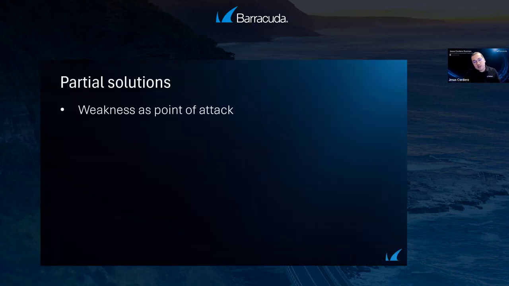Why? Because partial solutions are creating more weaknesses than they are trying to fix. They create weaknesses when they leave things unfinished, when they mix things that shouldn't be mixed.